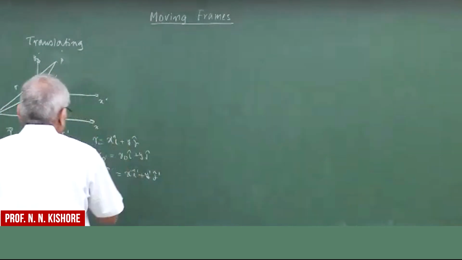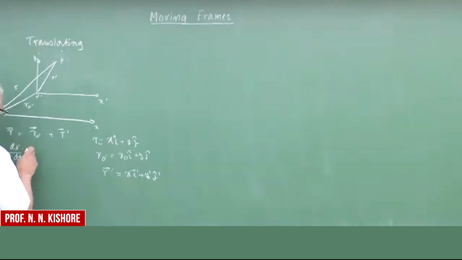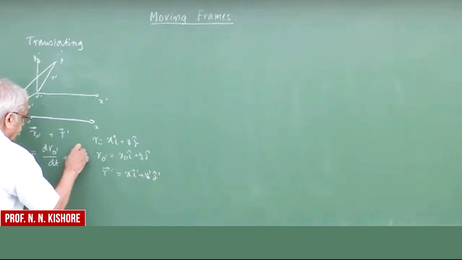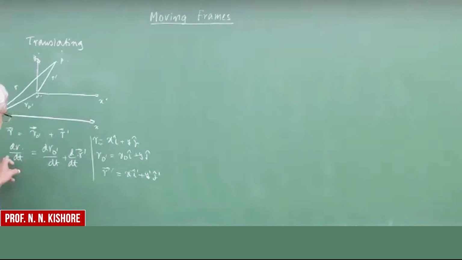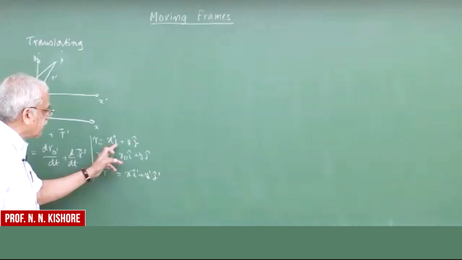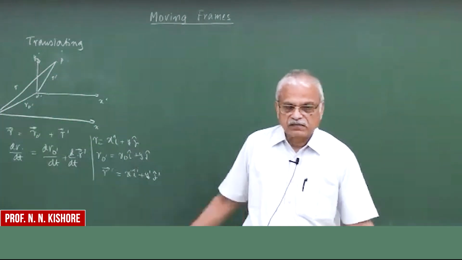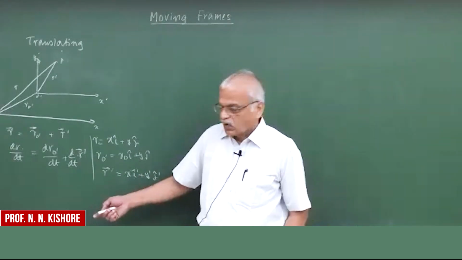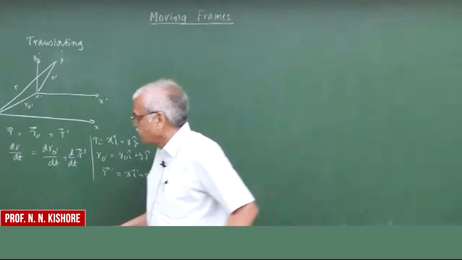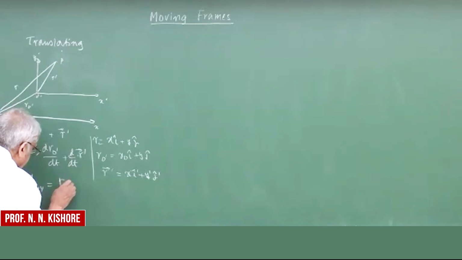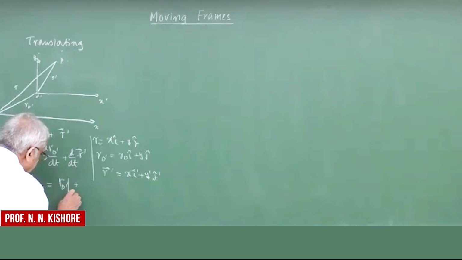And so if you go for the time derivatives, dr by dt, you take the time derivatives in every frame. Here, the time derivatives come only because of x and y, while ij and i prime j prime are exactly the same. So i prime j prime is the same as ij, and they can be replaced by ij. Essentially, this is what happens here. So the velocity as observed in the small xy frame is the same as the velocity of O prime